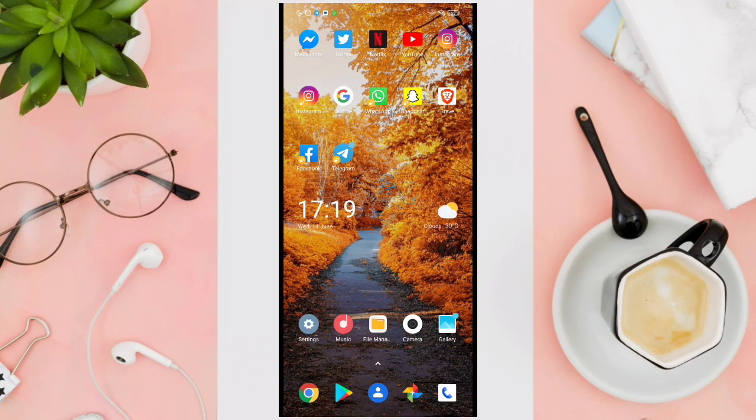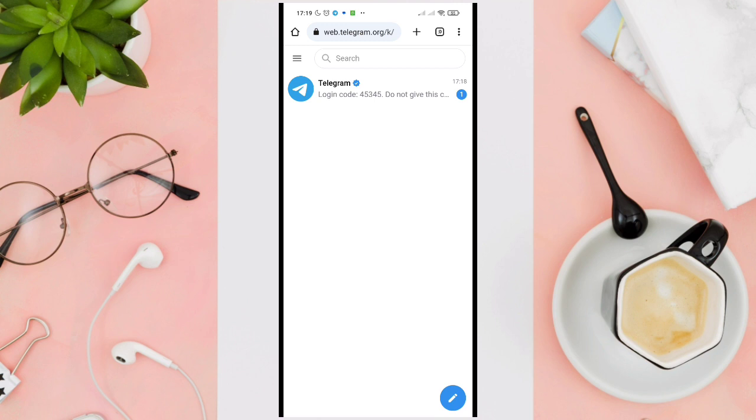So in this video, I am going to show you how to disable filtering on Telegram. Since the Telegram application does not have the feature to disable the filtering option, you'll have to use your browser in order to disable the filtering. So the first thing that you need to do is to open your web browser and then search for